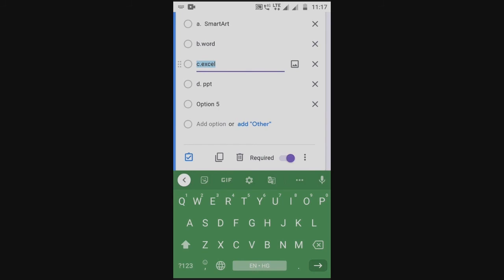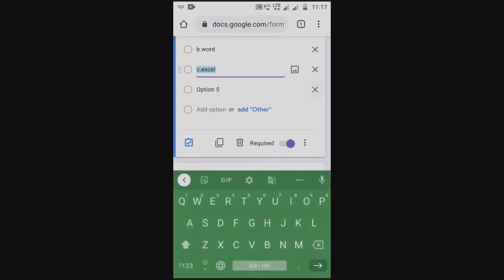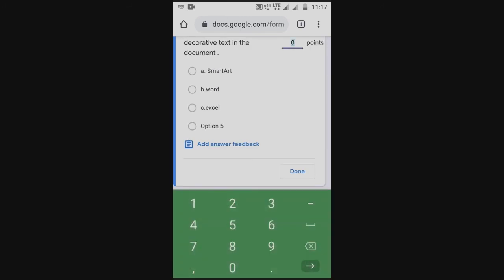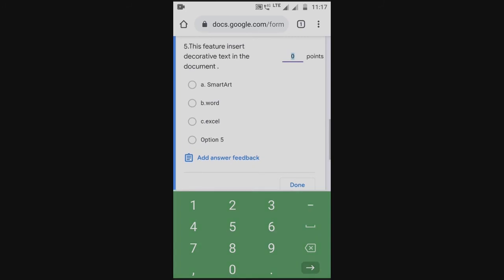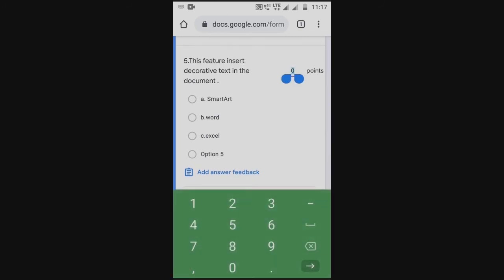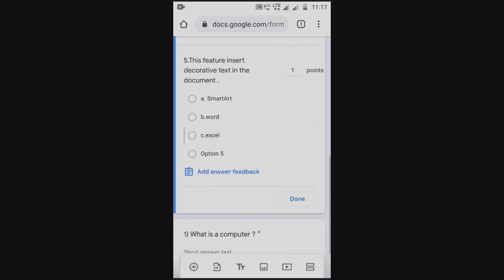Now the question that you have selected contains the answer section. Give your points to the question and select the answer that is to be marked correctly.